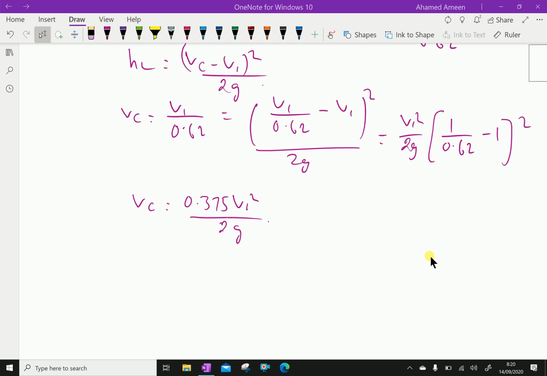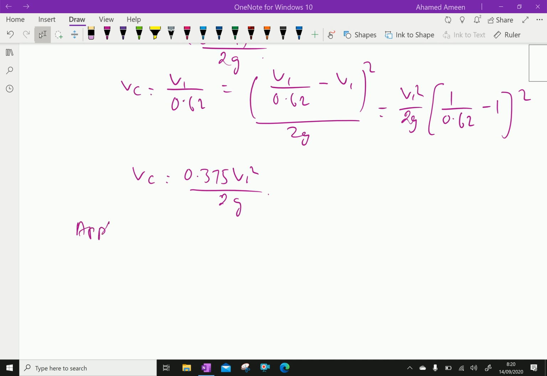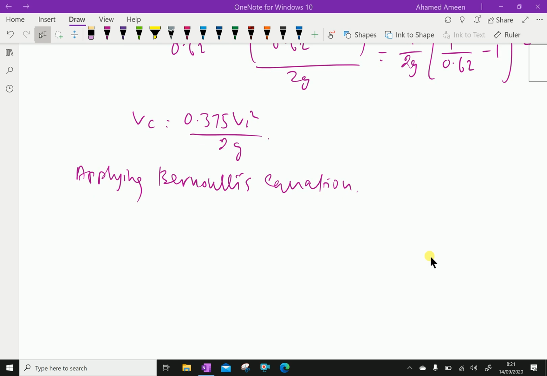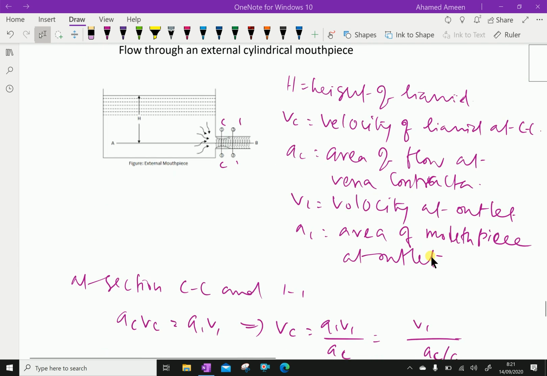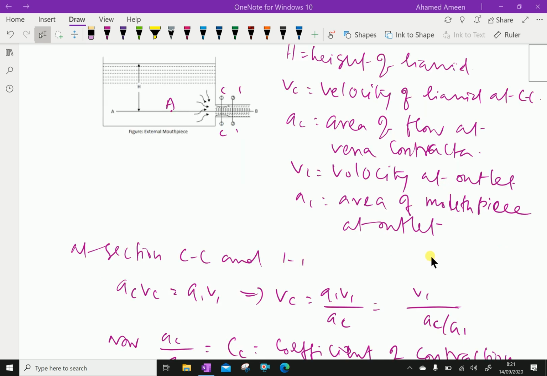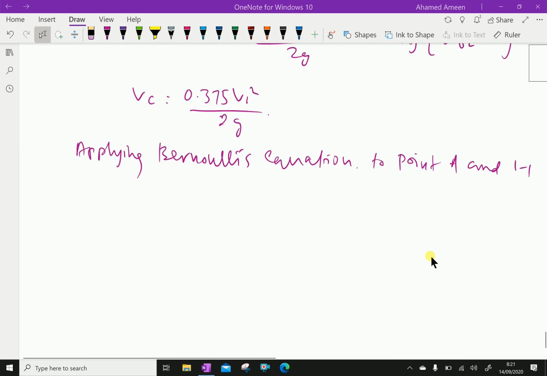Now applying Bernoulli's equation at point A and section 1-1, let this section be 1 and the point A here, we get